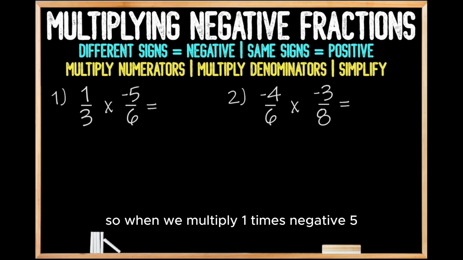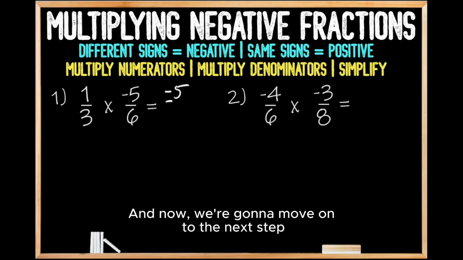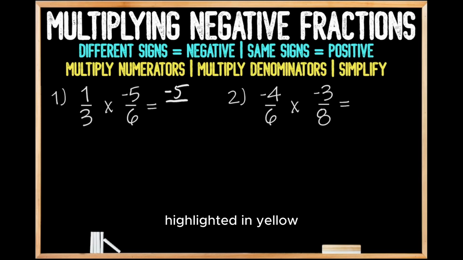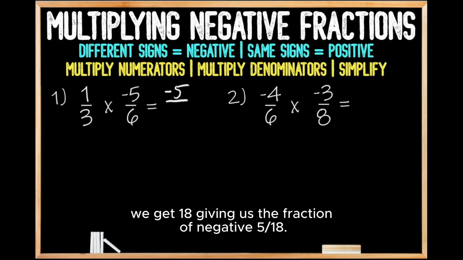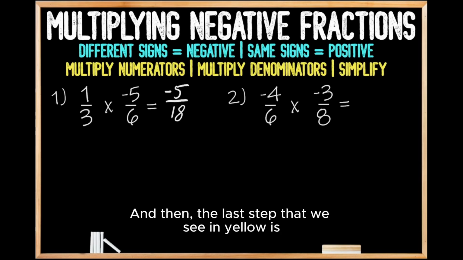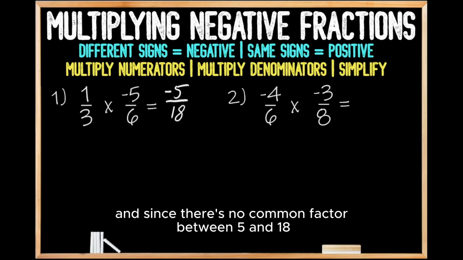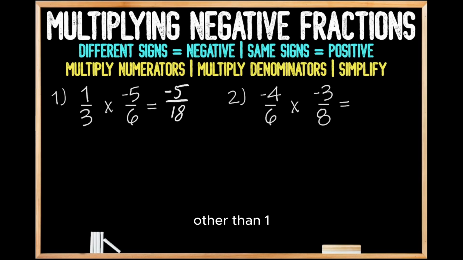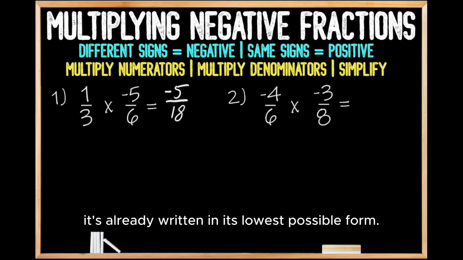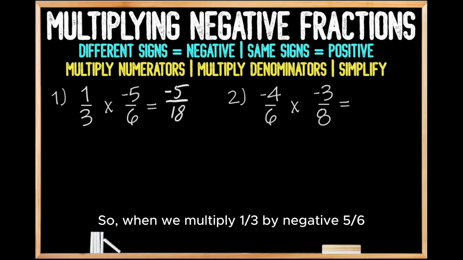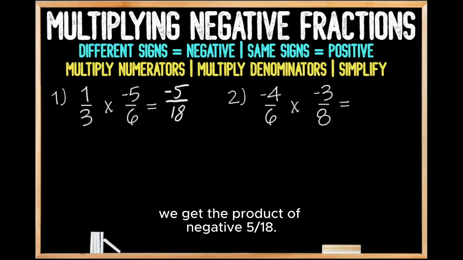So when we multiply 1 times negative 5, we're going to get negative 5. And now we're going to move on to the next step highlighted in yellow, which is to multiply the denominators. Well, when we multiply 3 times 6, we get 18, giving us the fraction of negative 5/18. And then the last step that we see in yellow is we need to simplify. And since there's no common factor between 5 and 18 other than 1, we can't simplify this fraction. It's already written in its lowest possible form. So when we multiply 1/3 by negative 5/6, we get the product of negative